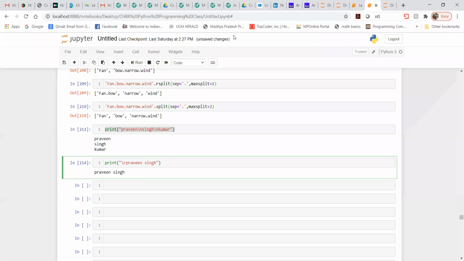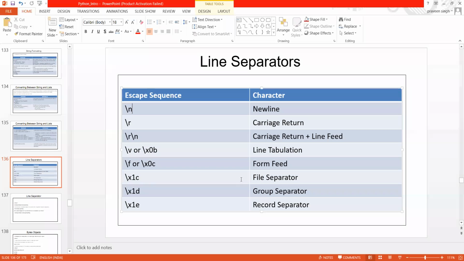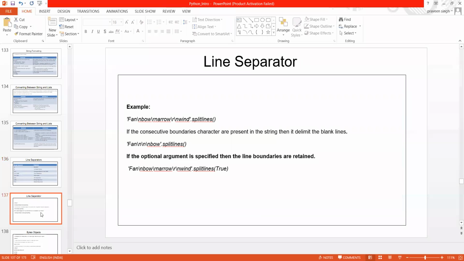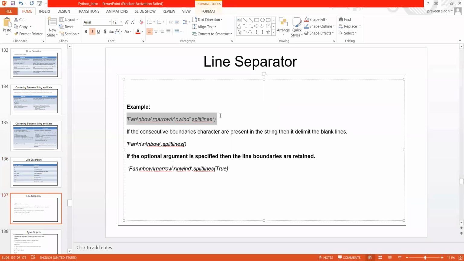Now let us take some more examples from my PowerPoint. Let me see one example which I have mentioned here. I want to perform the same operation. I don't know how many of you are able to see my Jupyter Notebook screen.